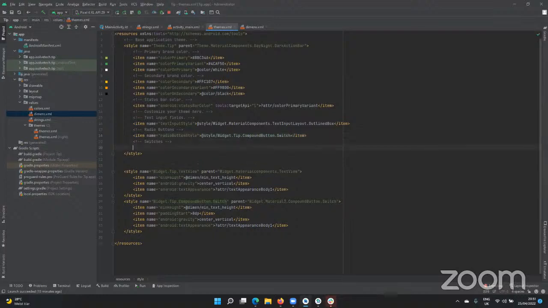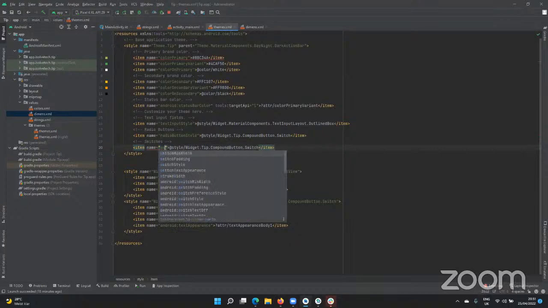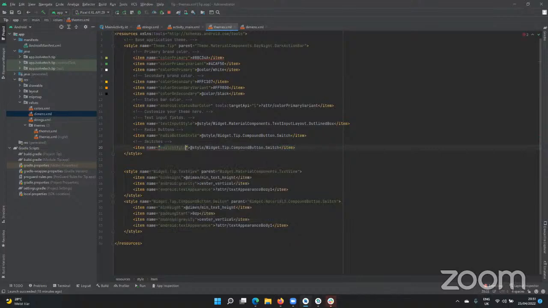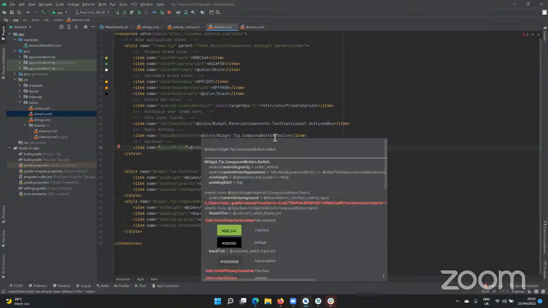And then for the switch, okay, no. This is what we should use for the switch. So permit me to just copy this. We should use this for the switch. And then for the switch, it's going to be switch style. Yeah, so we have all these names. So for the radio button style, I'm going to use,